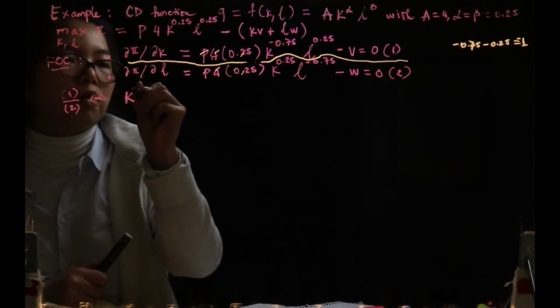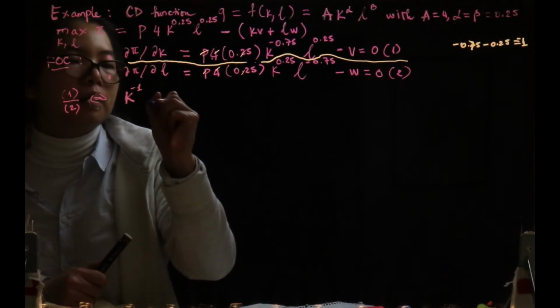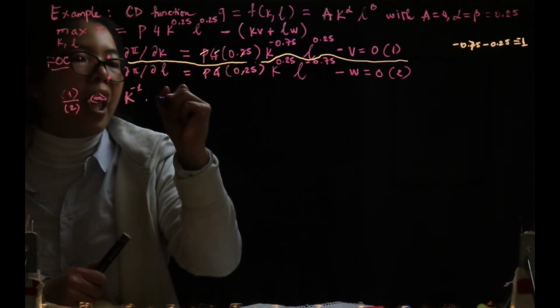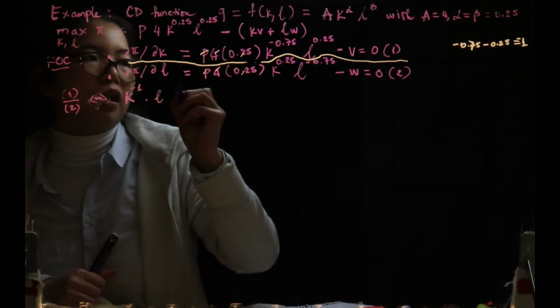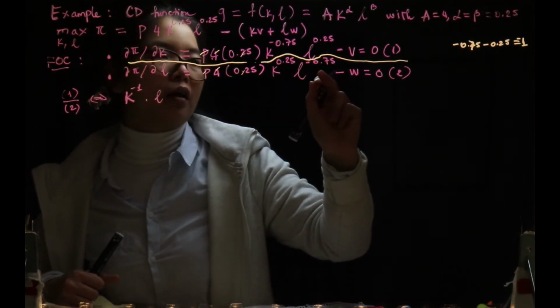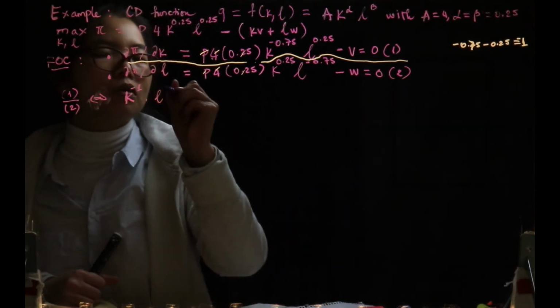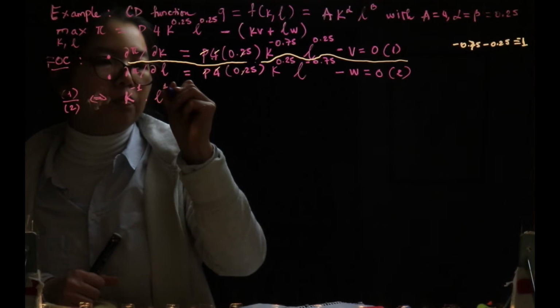So K to the power of minus 1 times L to the power of, now similar thing, but instead of minus, you plus, right? So L to the power of 1